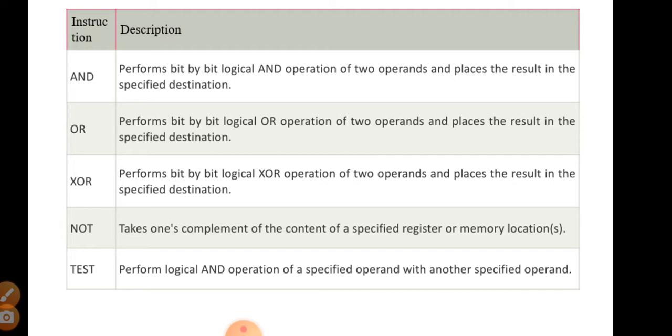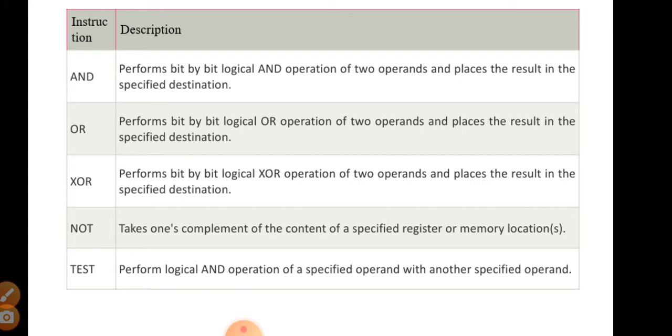So AND means what? If we multiply one bit with the 0 bit, then it gets 0. Only whenever both the bits are 1, then it performs the ANDing operation and provides the output 1, otherwise 0. OR operation: when both the signals are 0, then it gives the output 0, otherwise every time it provides output 1. XOR I already told you. NOT performs the complement. Test performs the logical AND